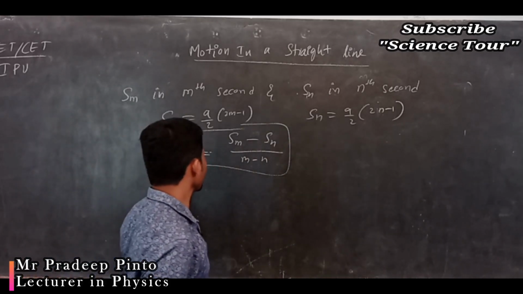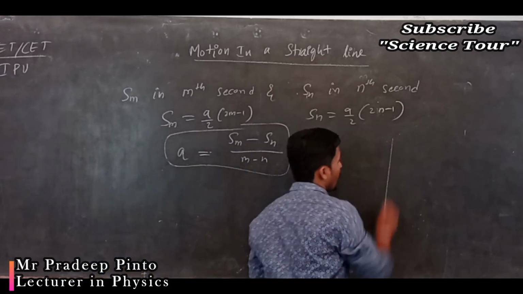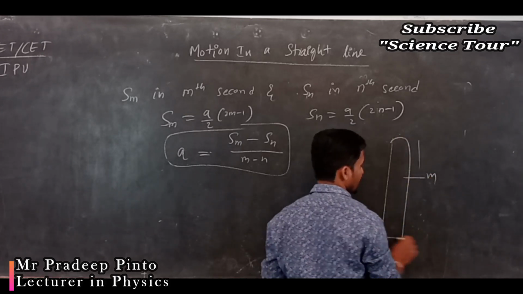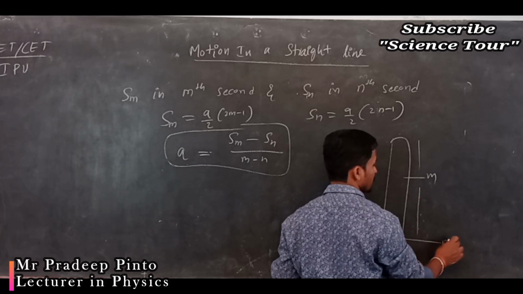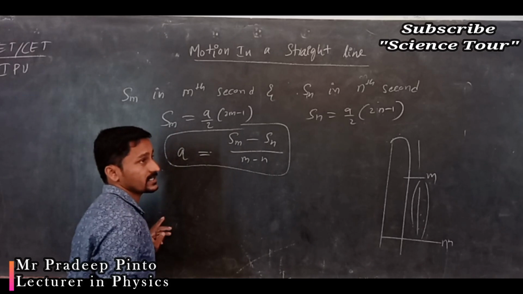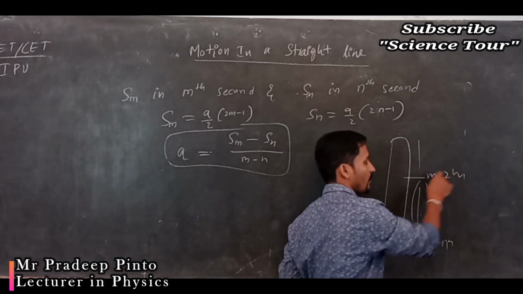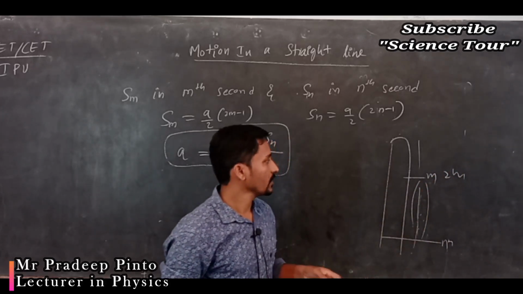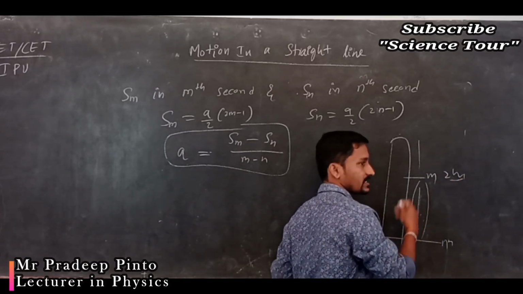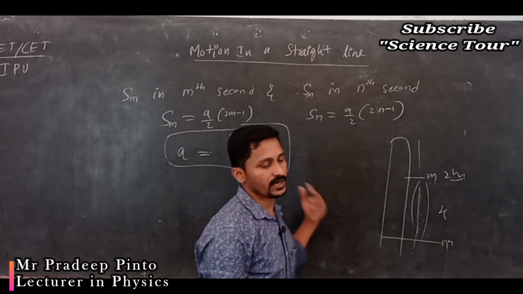By knowing this and this, you can find out the distance between them. Now what they will ask: an object is thrown, it has travelled some distance in the mth second and some distance in the nth second. What is the difference between those distances, or what is the total distance it has travelled, or how much it will travel? Say for example 2 meters it will travel, like that they will ask. In 5 seconds it has travelled 2 meters, in a later second it has travelled x distance. What is that distance? In the 10th second it has travelled some distance, what is the distance, they will ask.